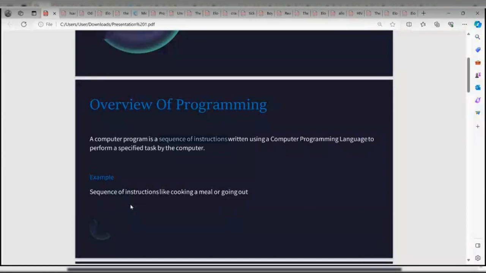So a computer program is a sequence of instructions written using a computer programming language. Like we have English, French, Spanish, and all that, for the computer we have different languages, right? We know the computer reads just zeros and ones.